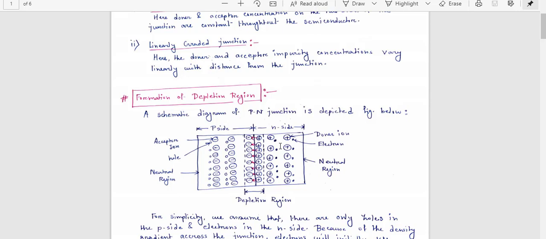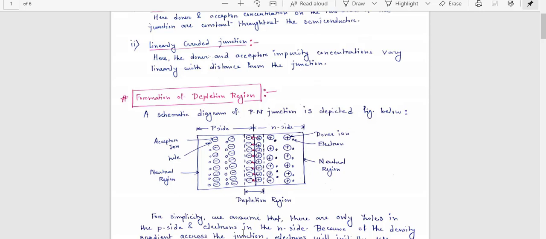This electric field is basically generated through the internal process of this p-n junction, and this electric field is known as built-in potential or barrier potential. When this built-in potential is generated, it opposes the diffusion process. That means the diffusion process is totally stopped: electrons cannot move from right to left and holes cannot move from left to right. This built-in potential hinders the diffusion process.